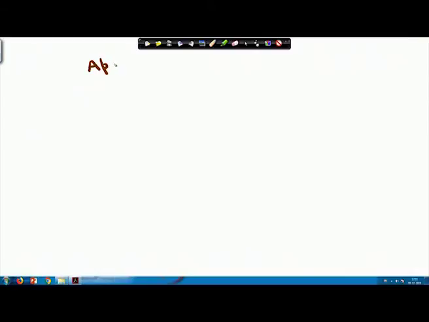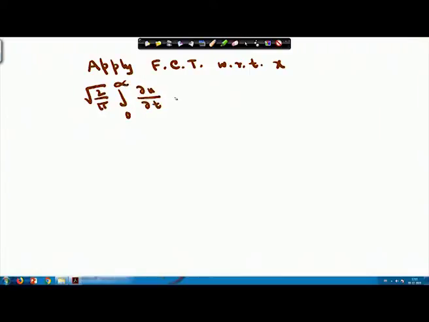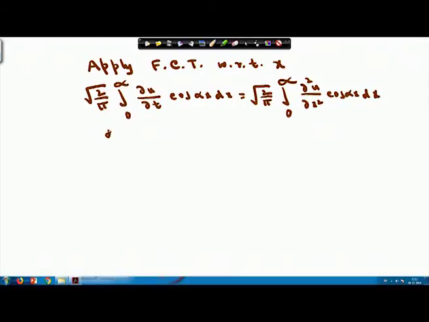If you apply the Fourier cosine transform with respect to x on the given equation, you will obtain root over 2 by pi integral 0 to infinity del u del t into cos of alpha x dx, equals root over 2 by pi integral 0 to infinity del square u del x square into cos of alpha x dx, which gives d/dt of